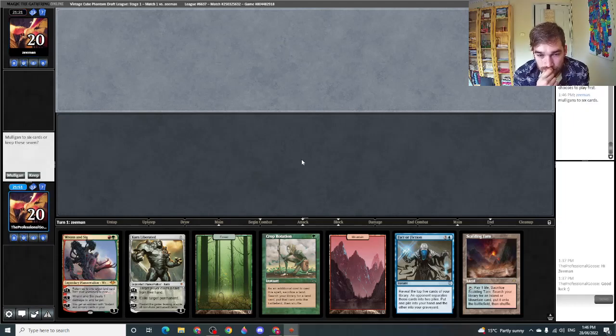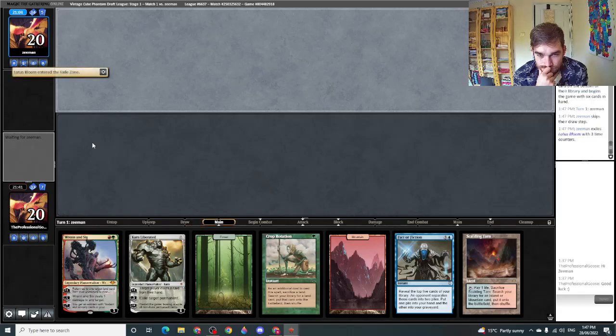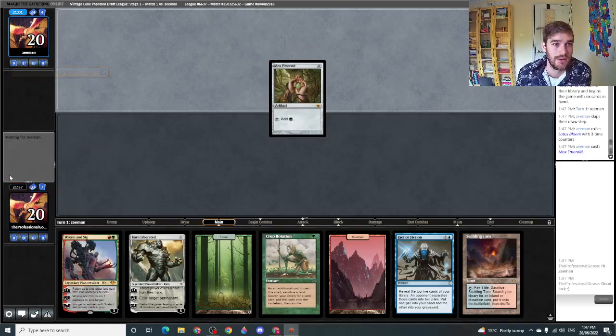So, interesting. We're gonna keep this. Not quite sure. I'm trying to think of what lands we can grab. We can grab a mountain or a tap land. The card comes into play untapped. Lotus Bloom. Okay, so